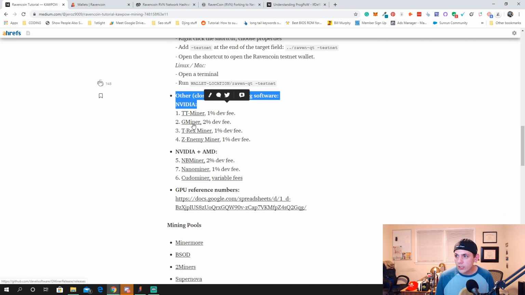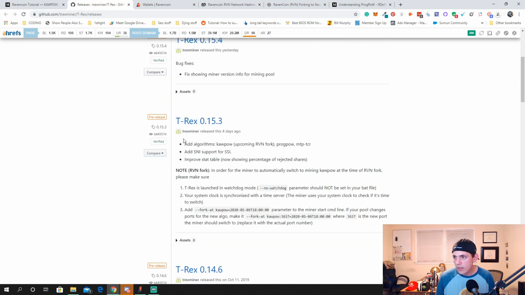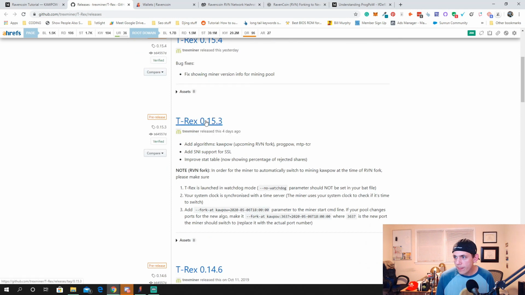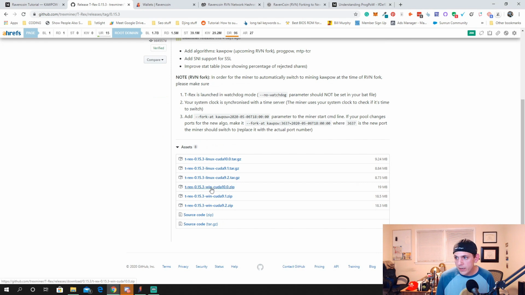So with GPU mining on NVIDIA, I'm a big fan of Gminer, and I'm a pretty big fan of T-Rex miners. So I'm going to go with T-Rex here. We're going to download this one. Added algorithm. Released yesterday. Released this 4 days ago. Added algorithms, KAWPOW. All right, so I'm going to go with this one. So we're going to download this one. Because I'm on Windows, I'm going to get the Windows CUDA version. I'm going to actually go with the 9.2 because I don't know if I have my drivers updated yet, but there's different Windows versions right here. If you're on Linux,